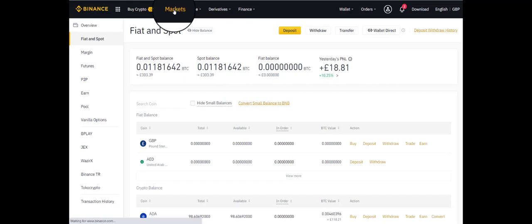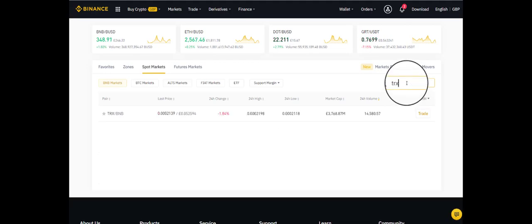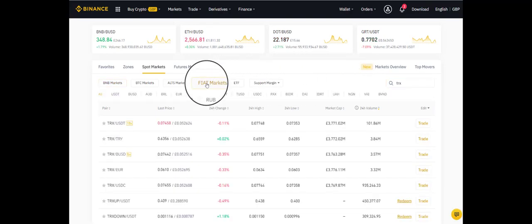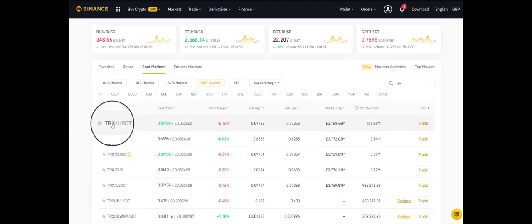Click on markets, and when that loads over here, you want to type in TRX and make sure here you're on fiat markets. So this is showing fiat markets, i.e. dollar markets for TRX, which is basically the TRON coin. So you'll see at the top of the list we have TRX USDT. Okay, we want to just simply click on that now,